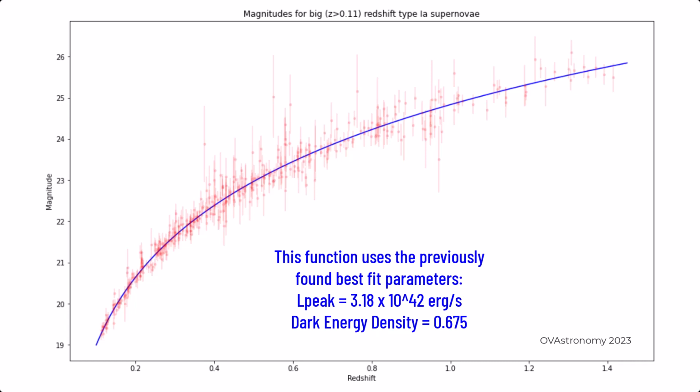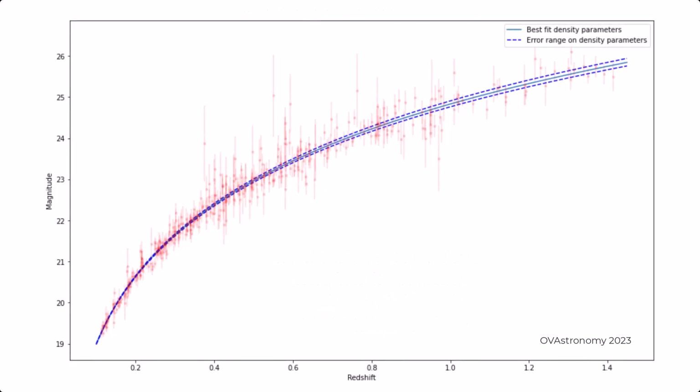then if I redo the plot on Python and include those ranges, you get this graph. The only difference here is now that any functions which sit between those two dashed lines lie within one standard error of the best fit set, and so are statistically feasible alternatives to the best fit line. The supernovae points are the faint red points, and again, most lie or are within one standard deviation from the best fit range. If you don't believe me, then I can show it's true by including a subplot which plots